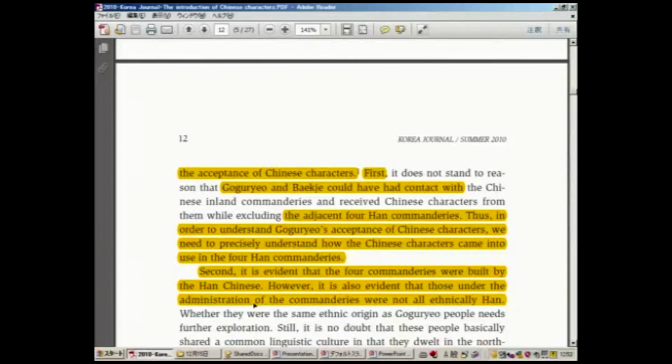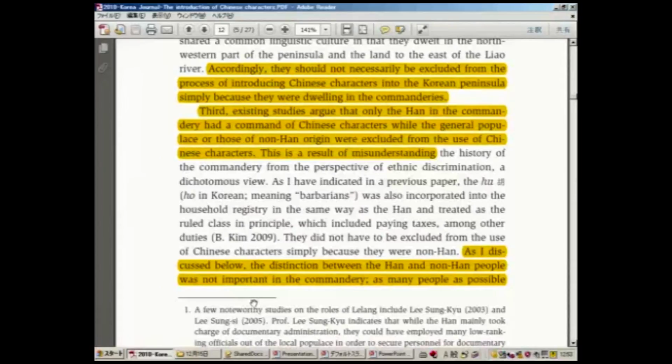And second, it is evident that the four commentaries were built by the Han Chinese. However, it is also evident that those under the administration of the commentaries were not all ethnically Han. Accordingly, they should not necessarily be excluded. They means non-Han people who live in the commentaries. They should not necessarily be excluded from the process of introducing Chinese characters into Korean Peninsula simply because they were